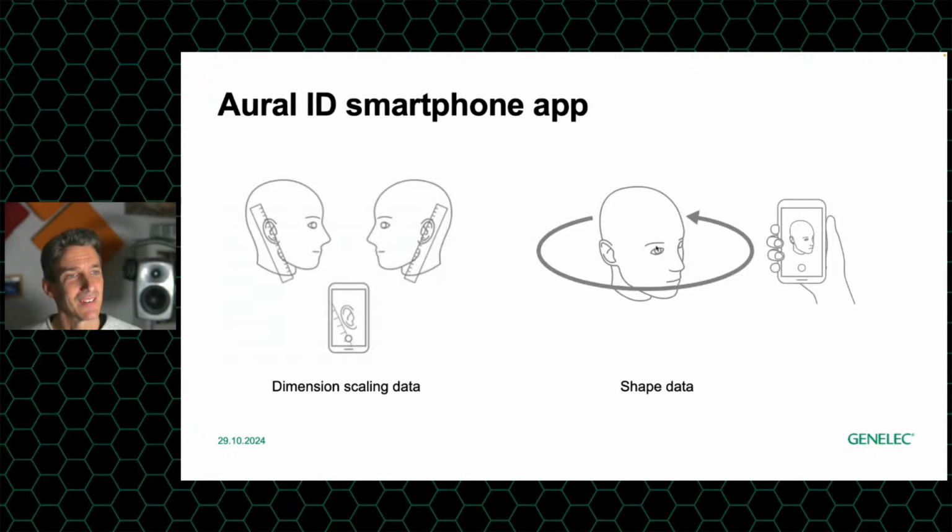So this is how you can describe it if a visual designer is part of the team. So we have the 2 photos of the ears. This is something, of course, others do as well, that you can just shoot a photo of your ear. But the main difference is usually they then just do a best choice. They just see the shape of the ear, and then they have, let's say, 5 models, and they just apply the one that is the best match. Of course, still better than doing nothing, but this has nothing to do with the high precision HRTF. And we really only need this for the scaling, so that we know your ears, for example, have a size of